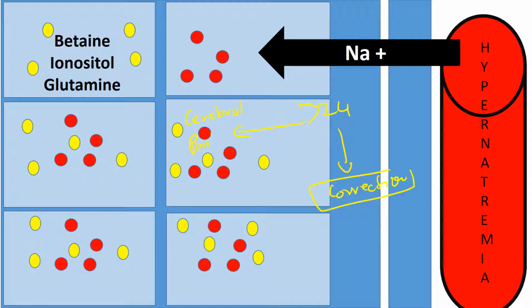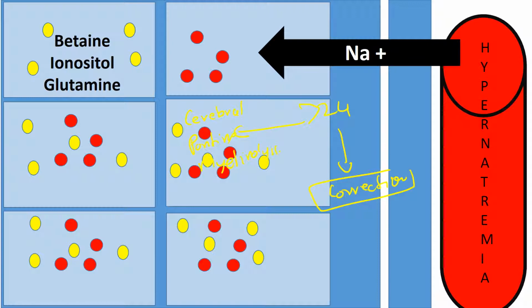Cerebral pontine myelinolysis. This is why we shouldn't do a fast correction in a hyponatremia or a hypernatremia if it has occurred